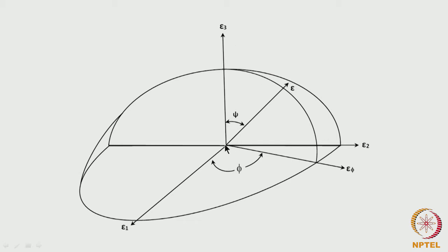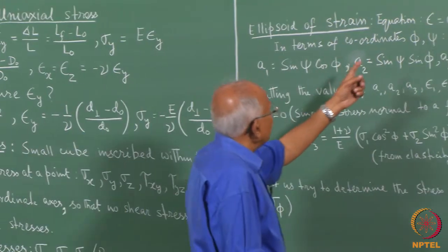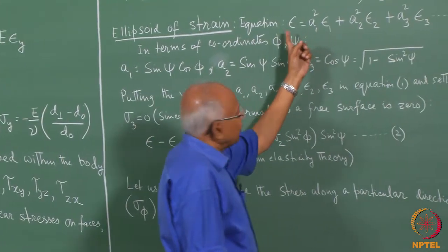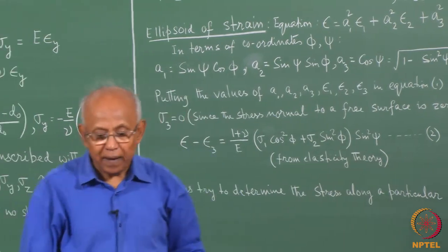Say we are considering a direction like this for epsilon, and this is making an angle psi with epsilon 3, and this particular direction here, epsilon phi, makes an angle phi with epsilon 1. Now, in that case this equation will be valid. So, if we look at the direction of epsilon here,